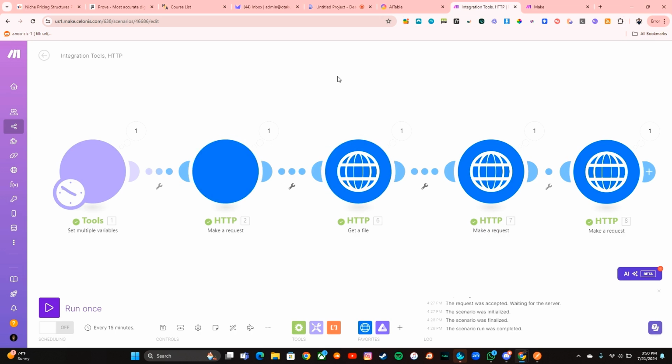So once again, you're going to need an AI table account. You're going to need a third-party automation platform. You're going to need Postman, which is free. You can use that whether it is a desktop app or a web app. And then the last thing we're going to need is ChatGPT here. We're using ChatGPT to just help us out with one part of formatting. And then also we're going to be using DALL-E here to generate these images as I go through this.